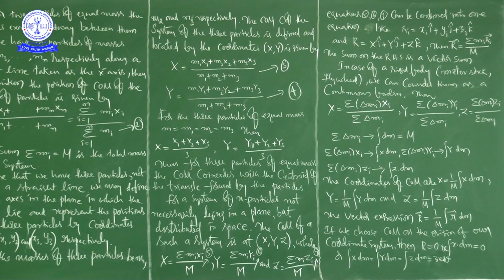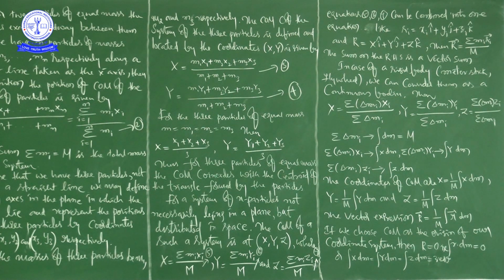Okay. So till now in this class we focused on particles. In the first case we focused on 2 particles, and then we extended it to n number of particles distributed along the x axis. Then we came to discuss 3 particles in a plane and 3 particles in space, right? Then it will be the situation. And when equal mass is there, here also when equal mass is there, what happened? So till now we discussed the particles.